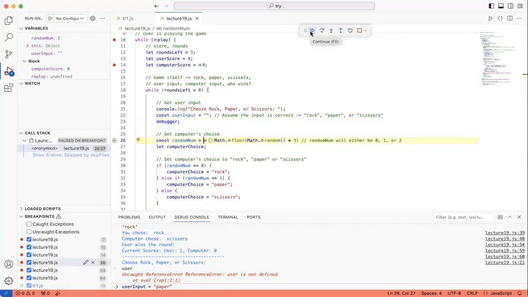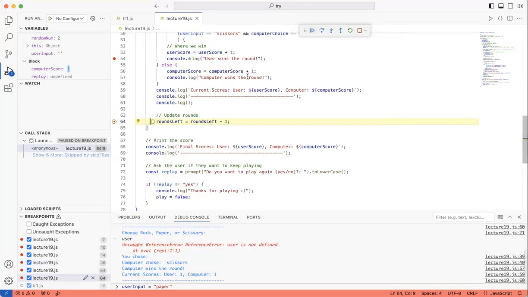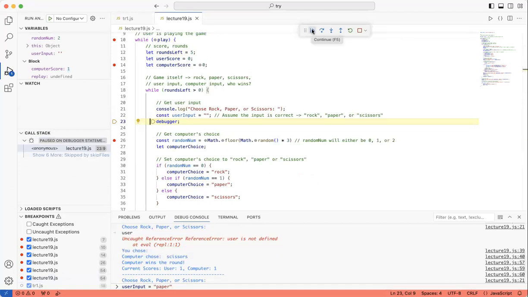So I press play again. The random number over here, if you see on the side, it should change again. Actually, it stayed the same. I guess they chose the same number. Anyways, back to the console, this round I chose scissors. Oh, it didn't actually take in. My bad. That's because I just sent an empty string over there. But let's try it again. So computer won that round.